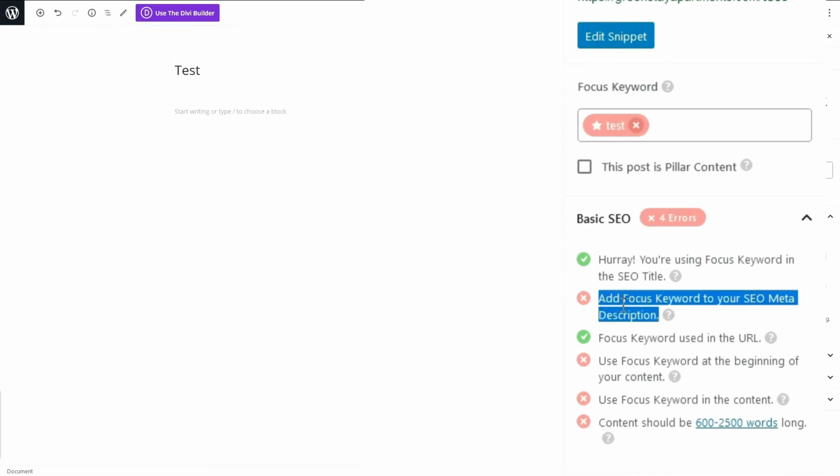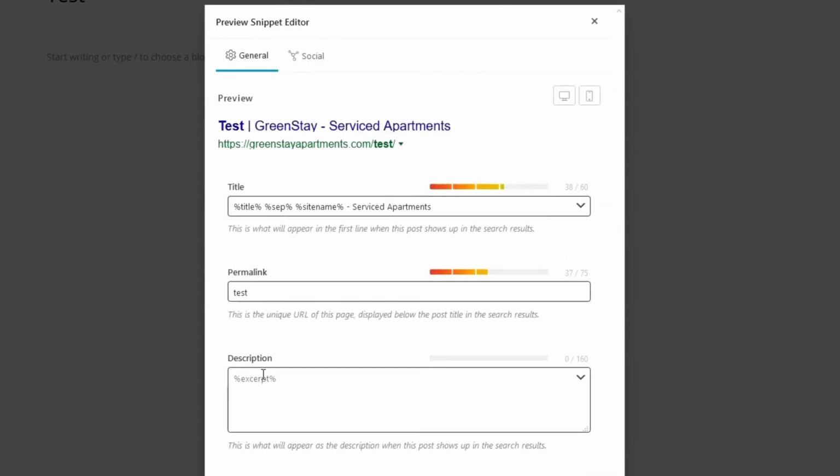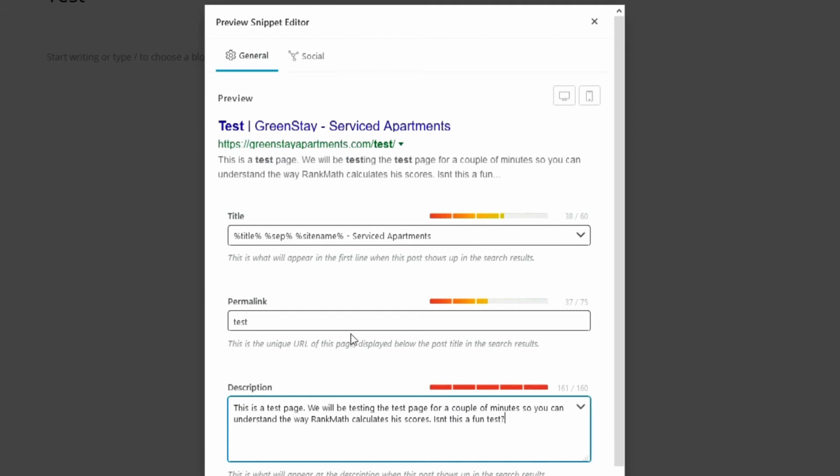I will show you what it means when your focus keyword is at the front. We've got to add the focus keyword to your SEO meta description. The meta description, which we added as a snippet, is the text below the title in Google. So we're gonna add this text to the description, and what you immediately see on this screen is that you have bars that go green or go red.